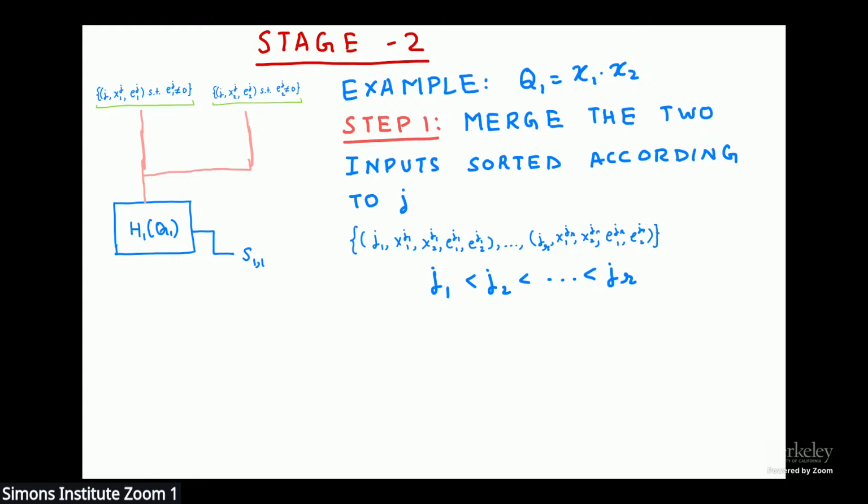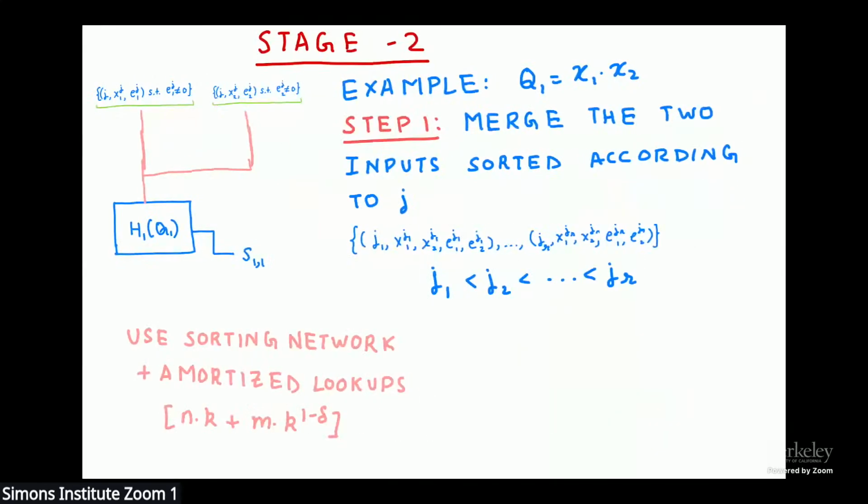There's one more thing I brushed under the rug, which is that for some index j, it is possible that there's a non-zero error component here, but the component doesn't exist there. Maybe that input was correct and was not in the second list. What do you do then? You look up in the input matrix, the inputs x1 through xk. You can do a lookup, but that can be amortized away. So I'm brushing over this detail. Okay,